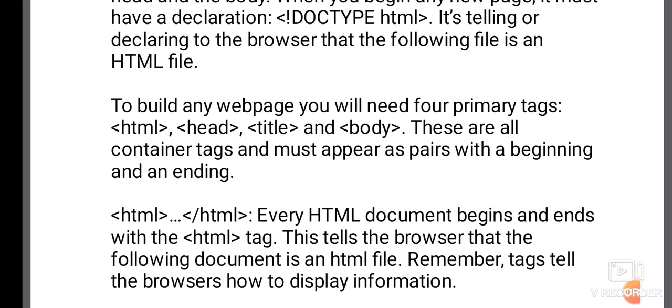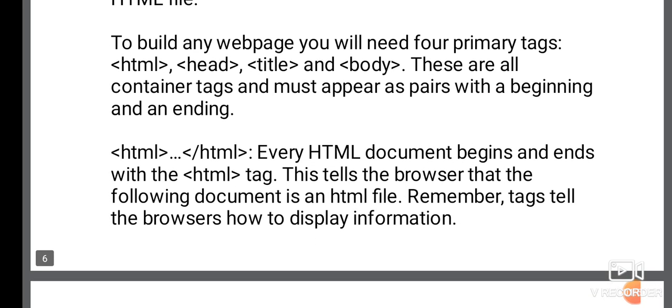Next, you have to make use of the four primary tags. These are HTML, head, title, and body. These tags are called container tags because every tag has an opening tag as well as a closing tag.